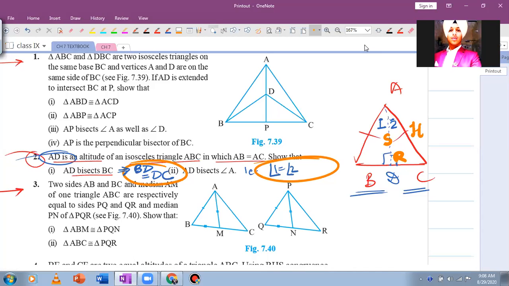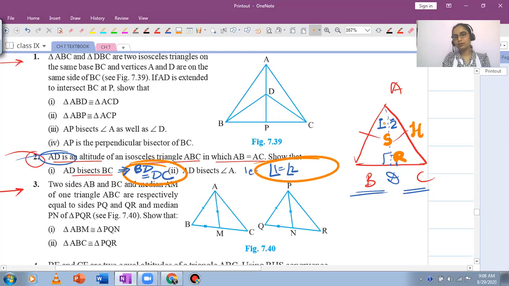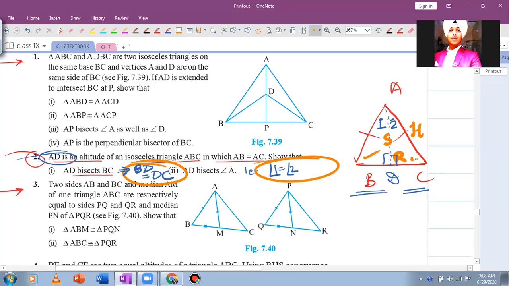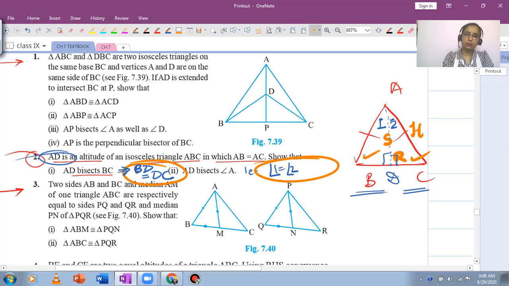It can be proven by AAS also. AAS, beta, we just have one angle. You are saying we can take angle... Yes, you can prove angle B equals angle C, and then you can do that. That will require one extra step before you start with the congruence. But yes, you can do that. If this is an isosceles triangle, that would mean B and C are equal, and then you can use AAS. So I think why do an extra step? Let's only use this and the altitude.